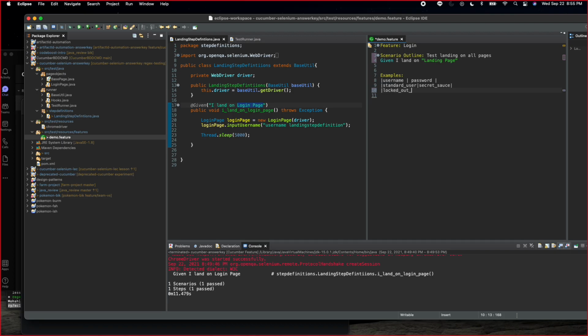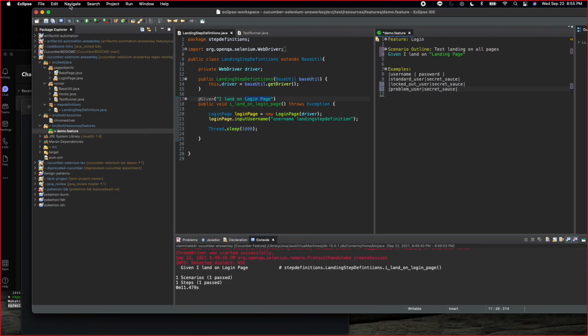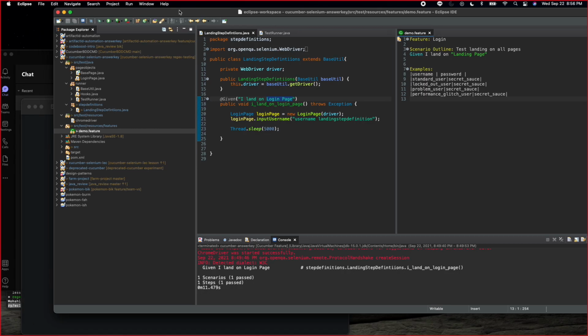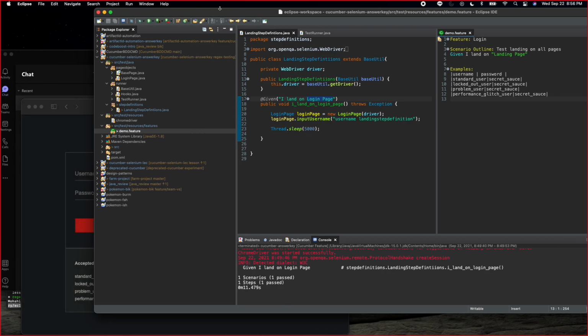Locked out user, secret sauce. I think the other one's problem user, secret sauce. I think the last one was performance glitch user and secret sauce. The idea is, I got 4 sets of test data, like we're already familiar with, but